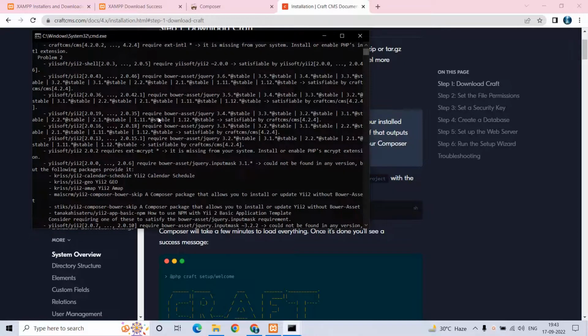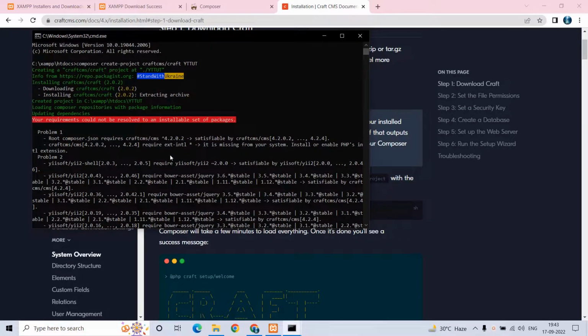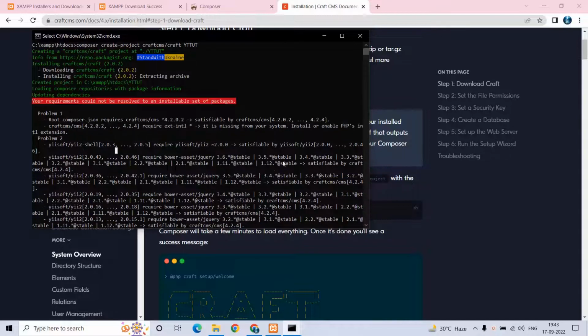So initially we will get some errors. It is asking us to enable these Intl extensions. It requires us to install or enable the PHP extension. So in order to enable this,